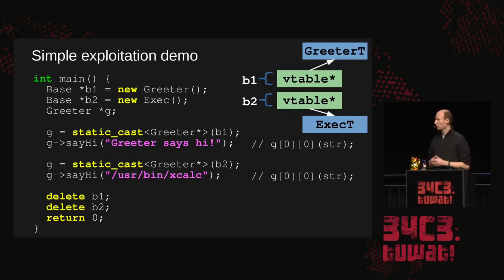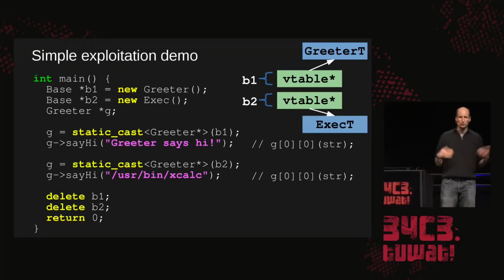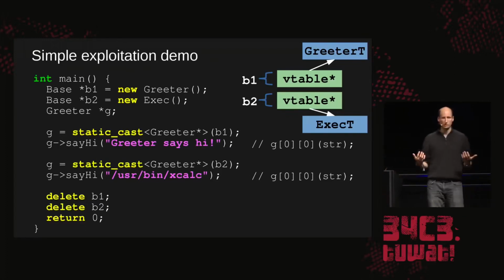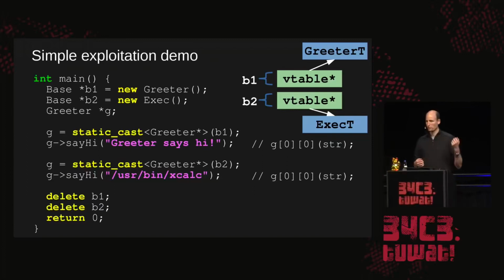Now, this is a fun way to exploit software. The hard question is, how do we find these types of vulnerabilities? How can we find such issues in our software? The classic approach that people have been using for the last couple of years, especially to find vulnerabilities in large browsers, has been fuzzing. And fuzzing is great, right?